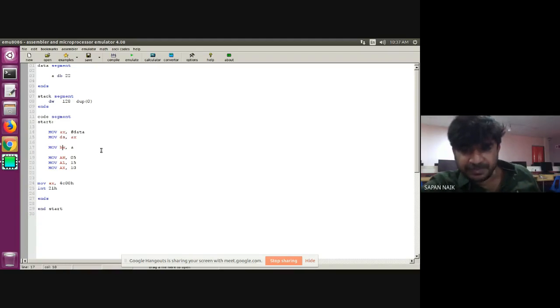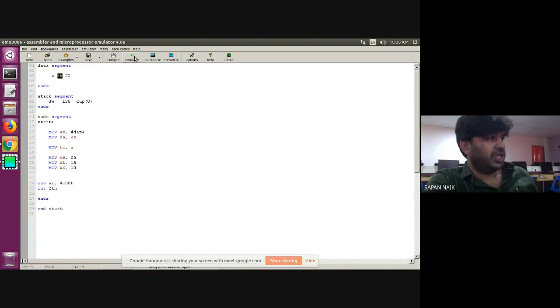Understood? The problem with this statement is that my BX is a 16-bit register, so it is a 16-bit operation. But A is a data byte, an 8-bit variable. So in 8086, this instruction is not allowed.